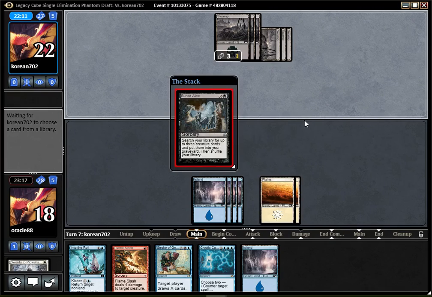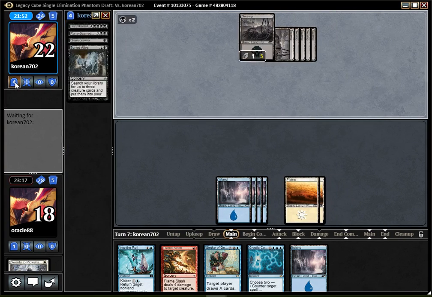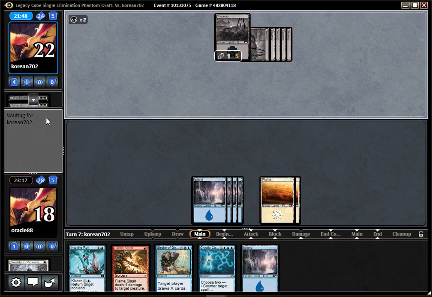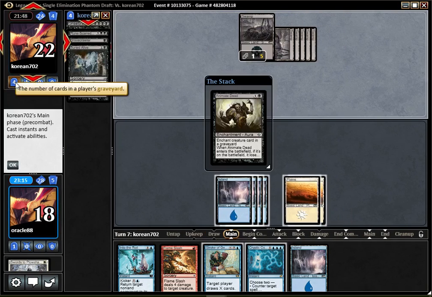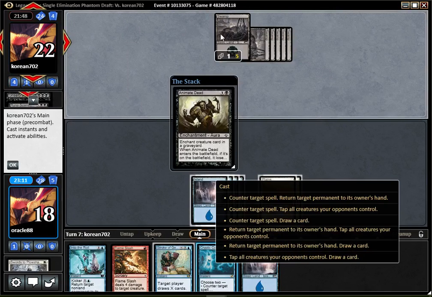Worst case scenario, I think they get a Griselbrand into the graveyard, and then they use Reanimate, and then I counter, and then they use Animate Dead. That's the worst thing that can happen if they do have the Griselbrand. Yeah, it looks like worst case scenario is happening today. They have Animate Dead, and I will have to counter, and they will have the Reanimate, I guarantee it, so